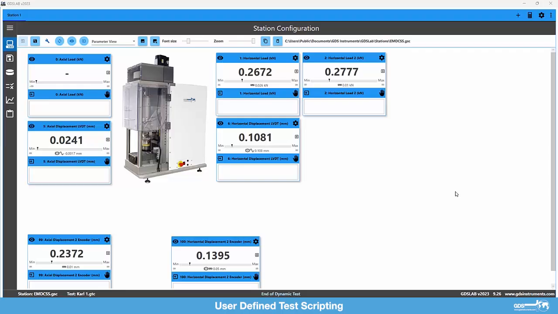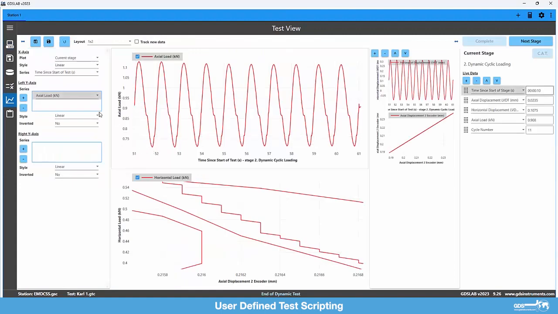This feature that I want to demonstrate is the absolute pinnacle of demonstrating why this software is incredibly powerful for the user. We have the ability to generate user-defined tests, or what we call user-defined test scripting. Let me show you what that is. We have an EMDCSS system here, which I've already demonstrated some tests on, and we've run a couple of tests so